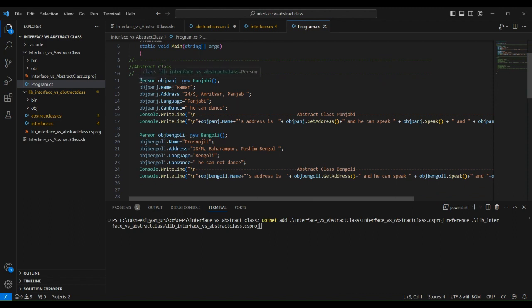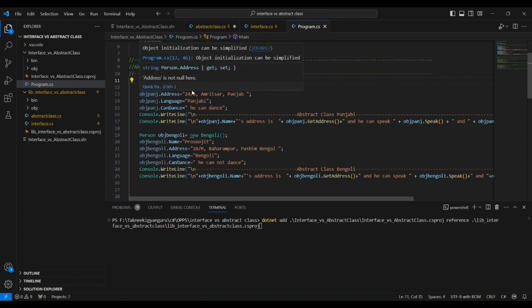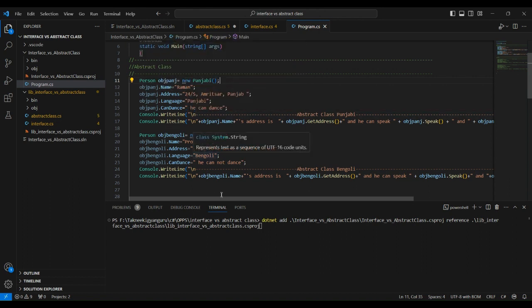we create the object, overriding the Person object, Punjabi, new Punjabi, right? So we are just giving the same name. Now abstract class Punjabi. So now Console.WriteLine object name. Name will be Raman. Raman's address is this. GetAddress, the address will be taken from here, and he can speak. Object.Speak, he will return the language,